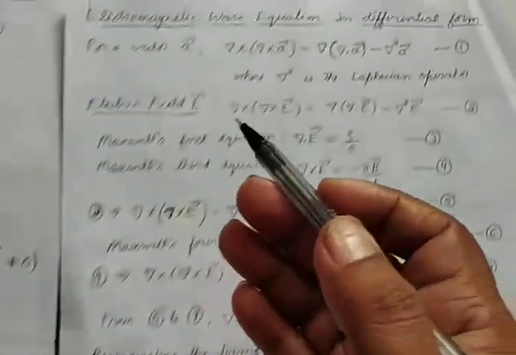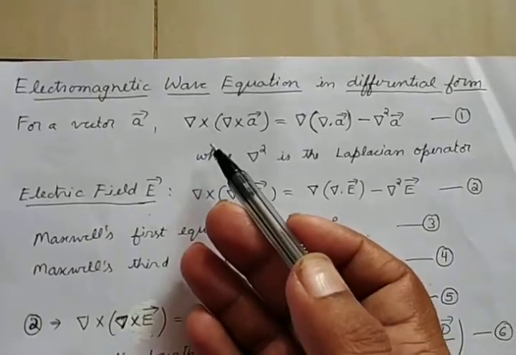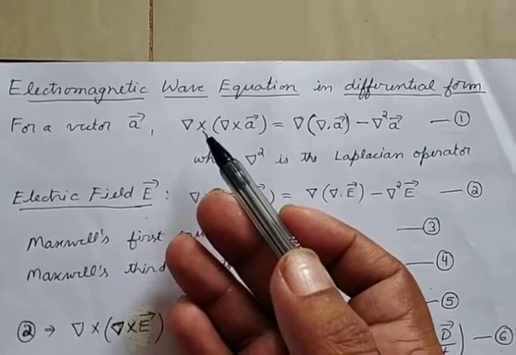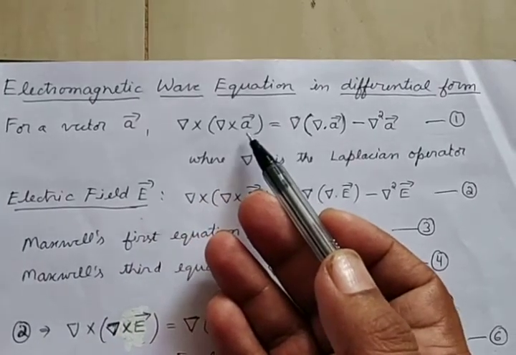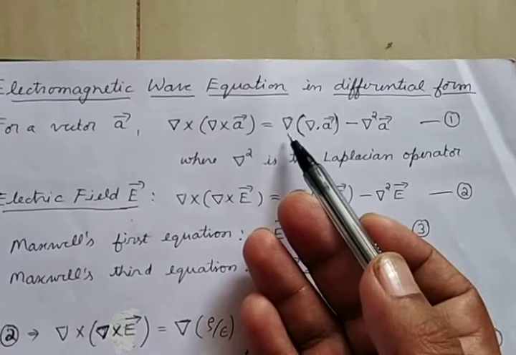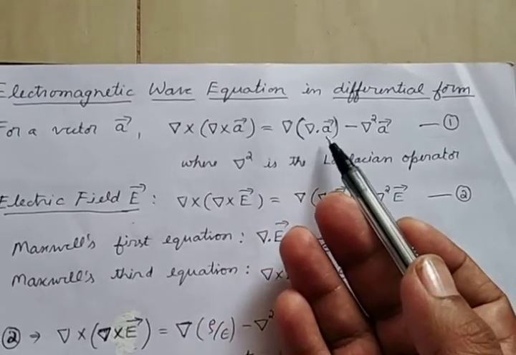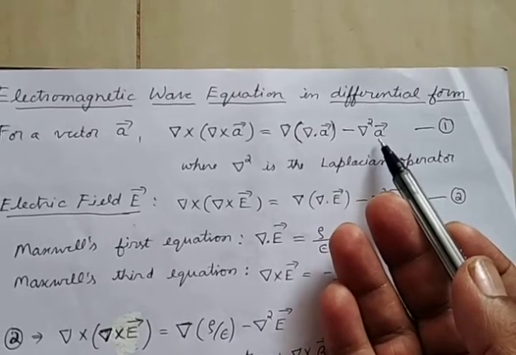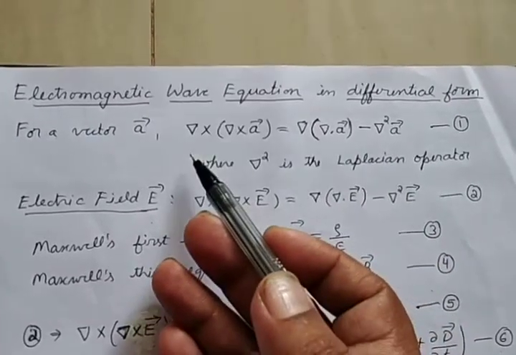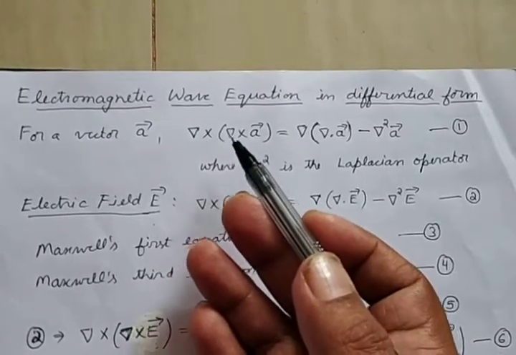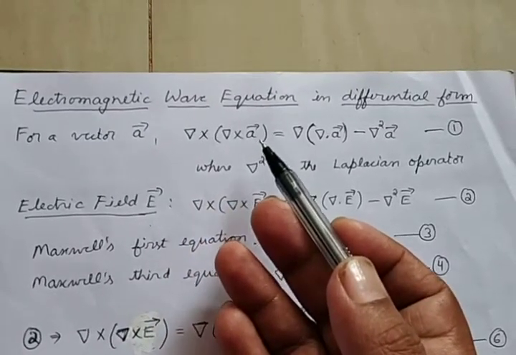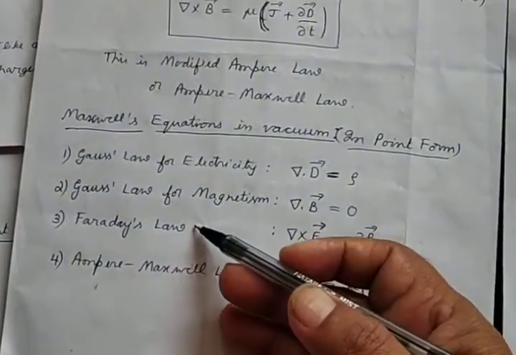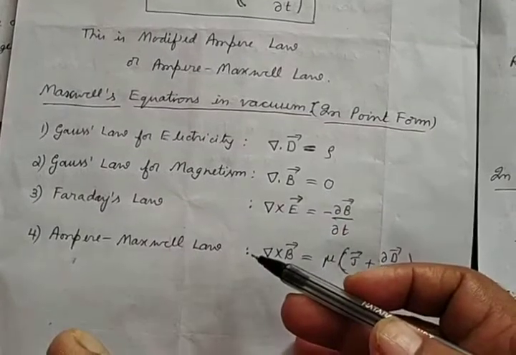For this, let us remember one of the relations in mathematics. If you take a vector A bar, then you can write the curl of the curl of the vector A bar as the gradient of the divergence of A bar minus del square, that is the Laplacian of A bar. So this is the relation for the curl of the curl of a vector. Now let us apply it on Maxwell's third equation, Faraday's law, as well as Maxwell's fourth equation,